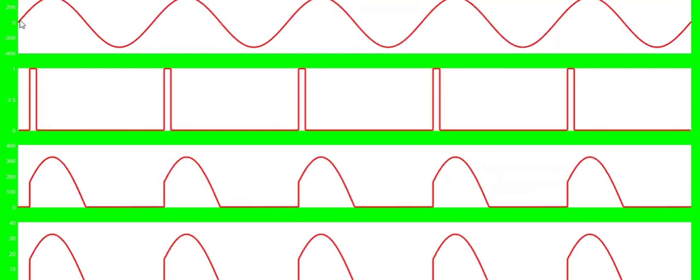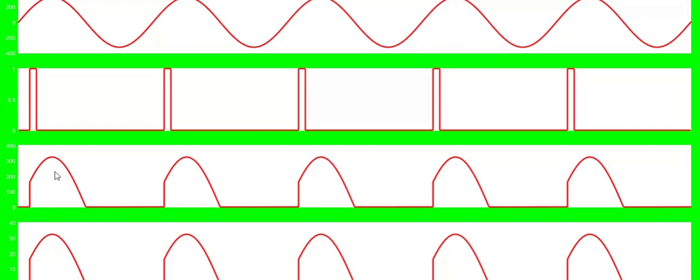See the input voltage. This is the Vm sin omega t, 230 root 2 we have given. This is the input voltage we are getting. And this is the gate pulse. You can see that there is a delay. It is 30 degree, alpha 30 into 0.02 by 360 degree in seconds. So this is the gate pulse. You can see that only after an angle of alpha, we are getting the output.